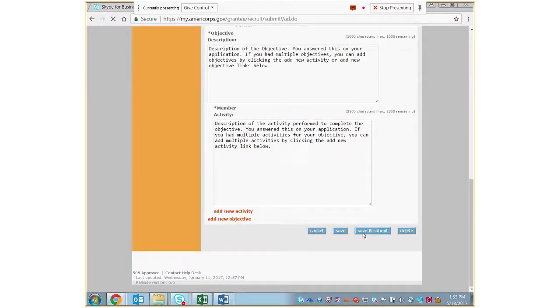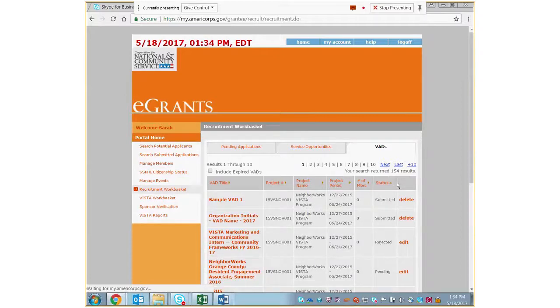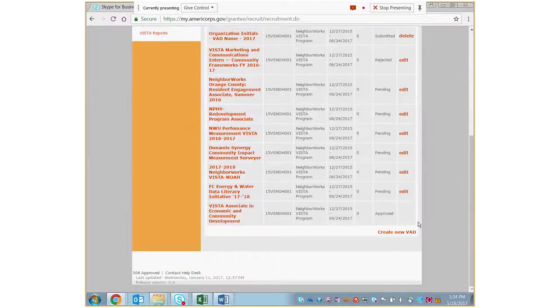We're going to click Save and Submit again. And what you'll now see, if we sort by status again, is that your VISTA assignment description that we just resubmitted will say submitted. So you're going to be watching out for the status of your VISTA assignment description. The system does not automatically send emails regarding your VISTA assignment descriptions all the time, and so you'll want to be watching this on a regular basis until your status is approved. Because once it's approved, it's been reviewed by my office and said to be good to go, you can place a member serving on this VAD.